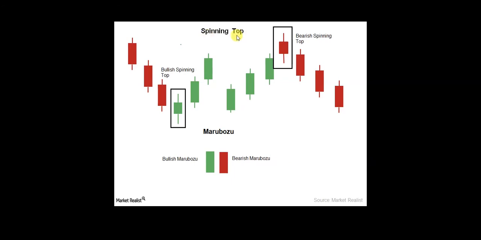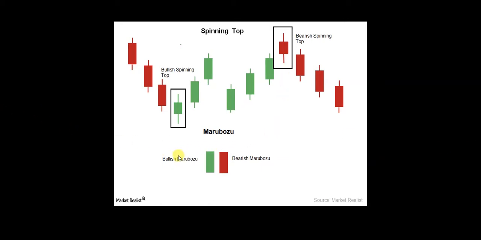As I said, spinning tops like this can have shadows and the body of the candlestick can be the same like this, but it doesn't mean that it is a really powerful reversal candlestick. Okay guys, this is not really common for reversal,